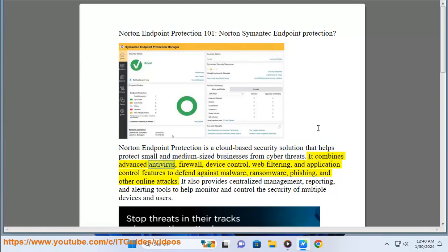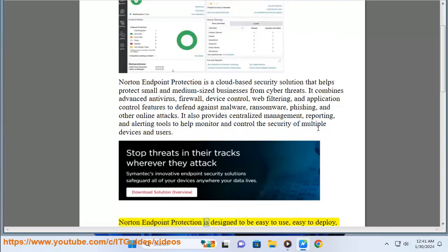It combines advanced antivirus, firewall, device control, web filtering, and application control features to defend against malware, ransomware, phishing, and other online attacks. It also provides centralized management, reporting, and alerting tools to help monitor and control the security of multiple devices and users. Norton Endpoint Protection is designed to be easy to use, easy to deploy, and easy to